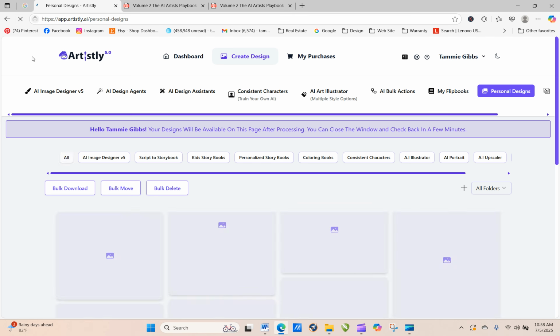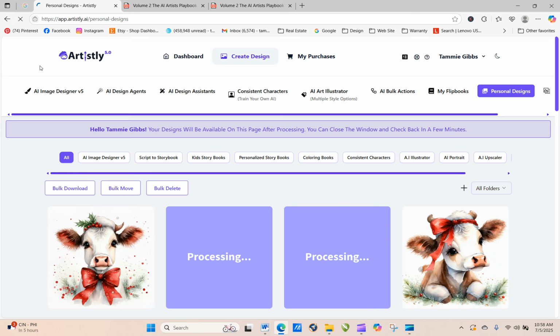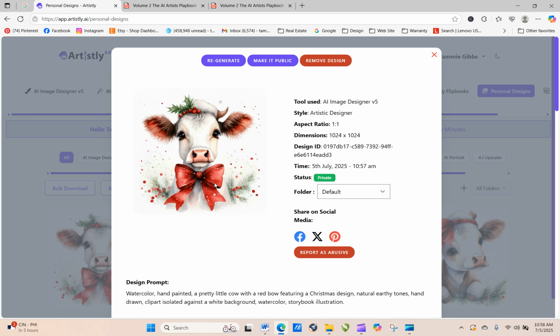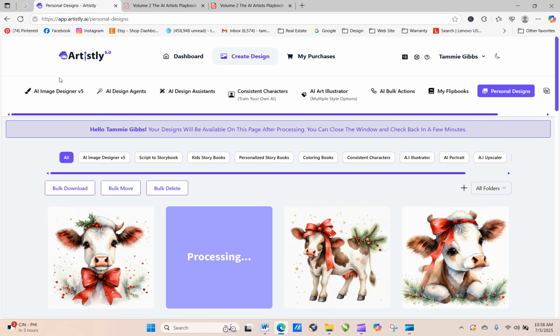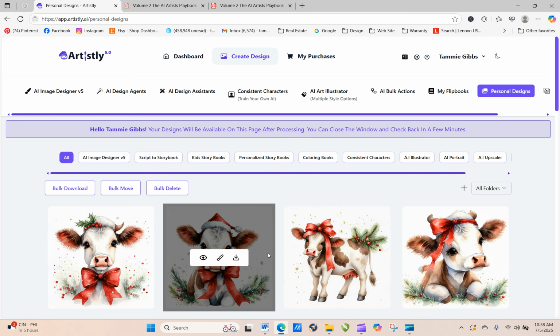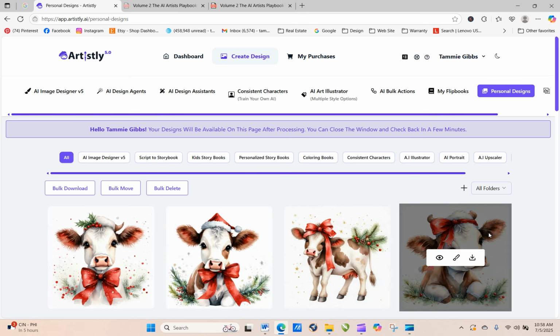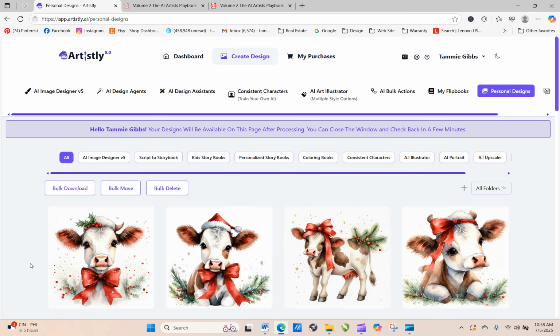And then we're going to try that with some more of the playbook as well. There we go. See how that's cute? So it's changed it now. And let's see what the others look like. So this is a quick way that, without having to start completely over, you can adapt some of your images. And of course, as with any AI, when you do multiples, you're going to get some images that are just what you're looking for and some that you might want to eliminate. So that's what's so great about Artistly. You can continue to